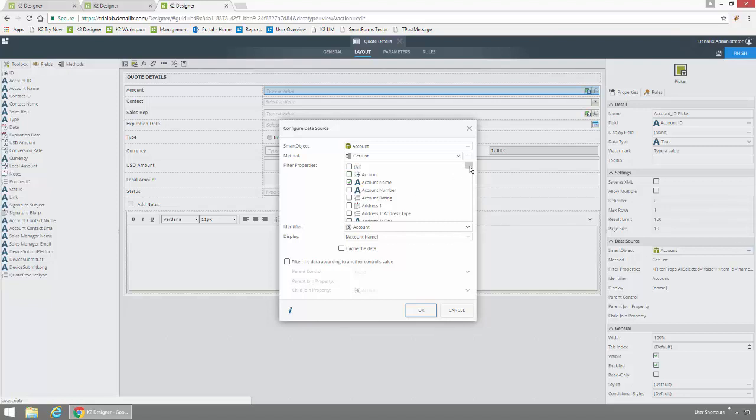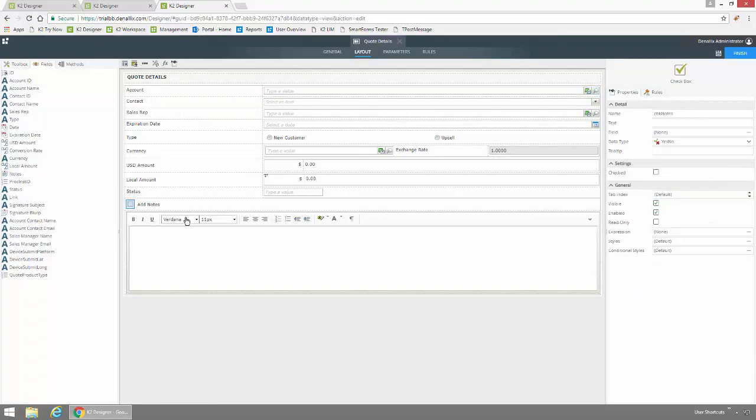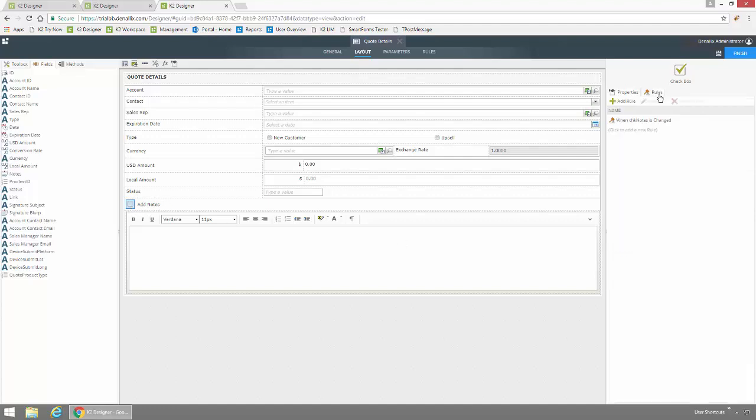So here I've got all the different accounts, information and fields that I have in my line of business system that's now available to me within these various controls that I want to bind to. Right? But let's say, okay, great, I'm happy with this, but maybe I want to add some business logic to it. Right? And there's a very simple example where, let's say I want to be able to click show notes. I might want to author a simple rule to dictate what's required, or perhaps show and hide different elements of